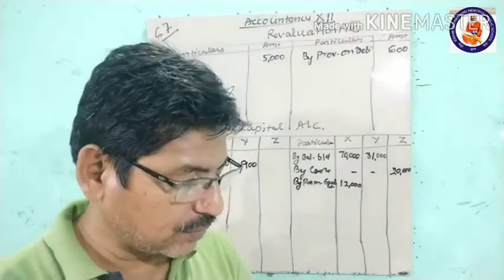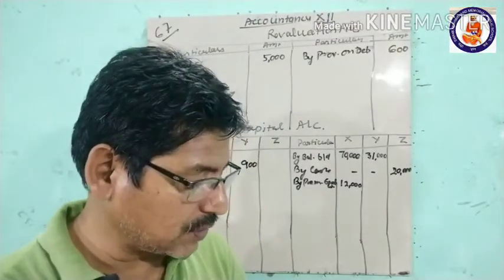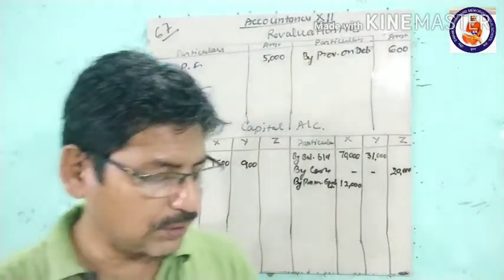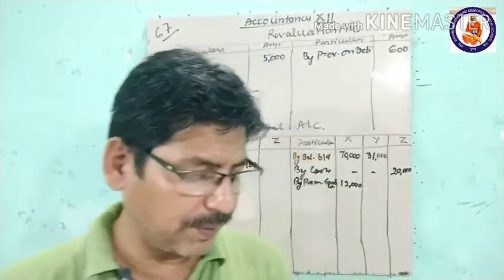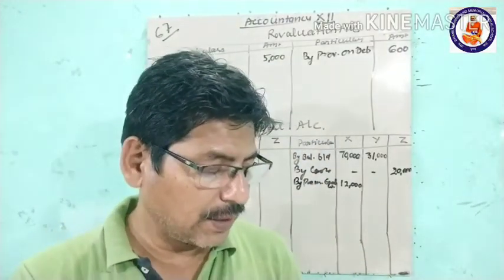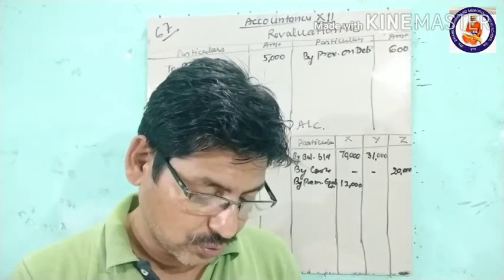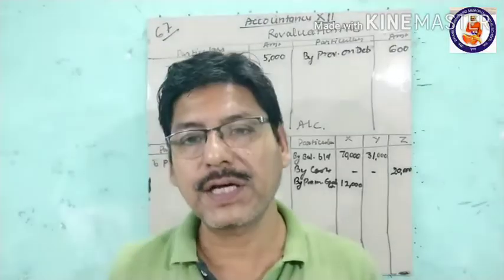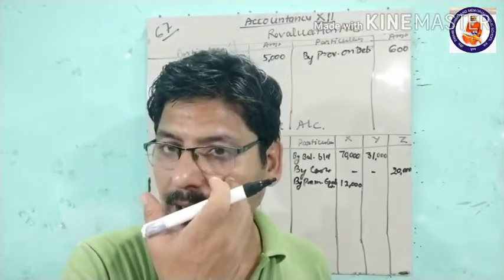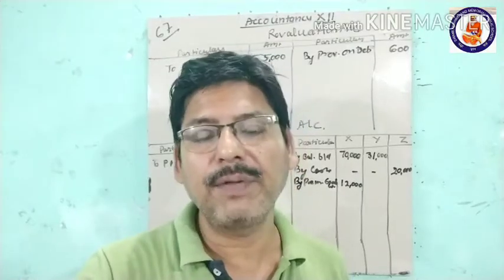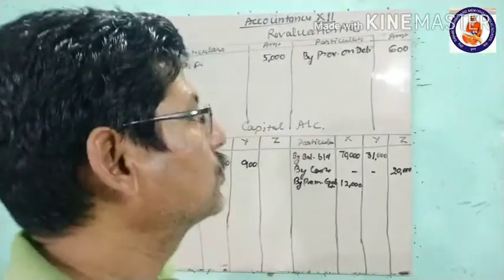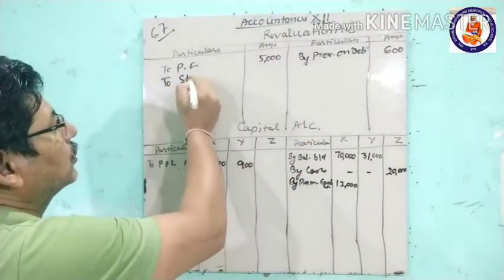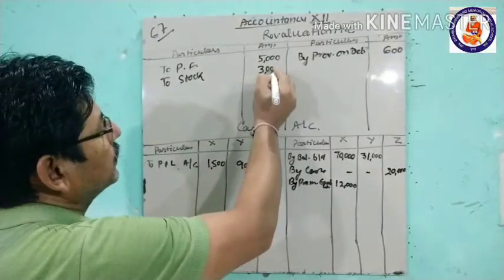Now comes all debtors are good. This is the stock includes 3,000 for obsolete item. The stock has become old, means the value has gone down by 3,000 of the stock. So stock value goes down by 3,000. So when assets go down, it is credited. If the value increases, we debit, and if it decreases, credit. So what is the journal entry? Revaluation account, we have debit to stock by 3,000 rupees.